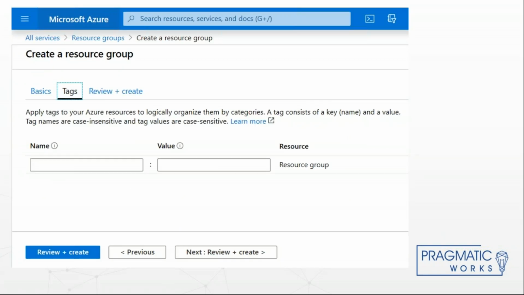Tags are a way of organizing your resources into categories, and it is a key name value pair. You can create any type of name that you want. As it tells you here in the create portion, tag names are case insensitive and tag values are case sensitive. There are restrictions to the length of the name of the tag. I think it's 512 characters for the name, except for storage, and then they're 128. There is a max of 50 tags per resource. In this case, we want to add to our resource a department. And we want to say that this resource belongs to the accounting department.